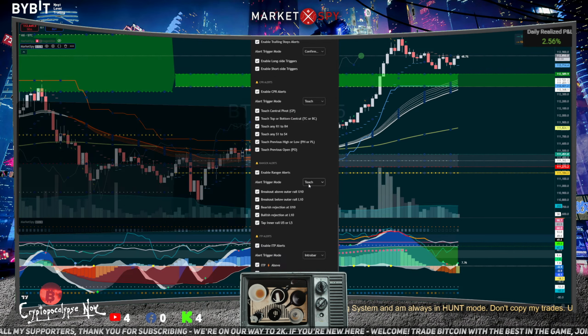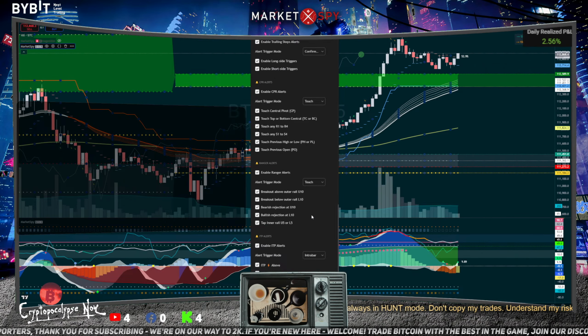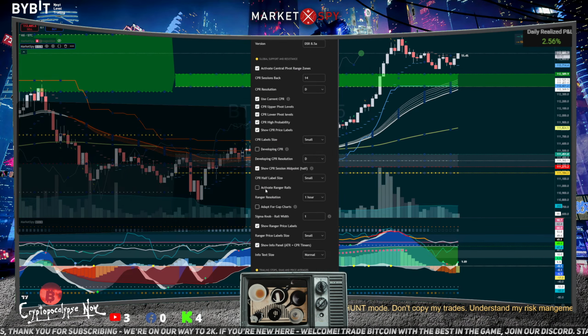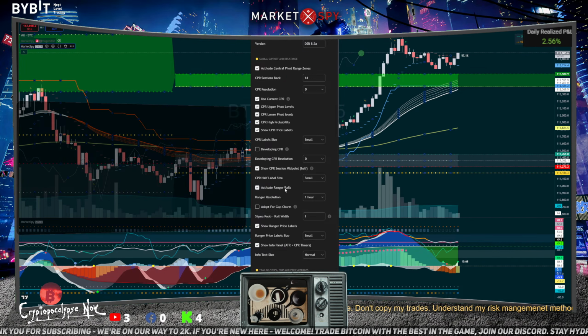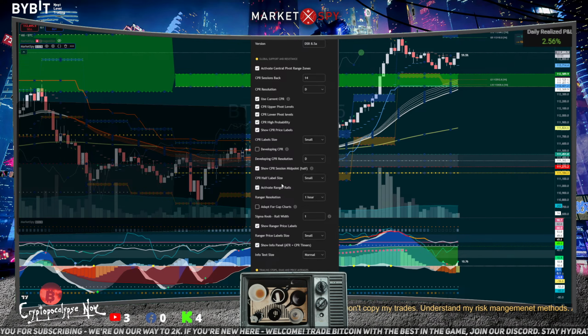So same thing, we have alert on trigger mode, which is touch or confirm on close. And we're going to refer to Ranger as rails. Ranger rails. You know, I love my trains. It's a Wild West out here with Crypto Ranger, and so these are Ranger rails that you can enable over here by clicking on this activate Ranger rails. And this is a volatility mixed in with a little bit of ATR programming magic happening here,